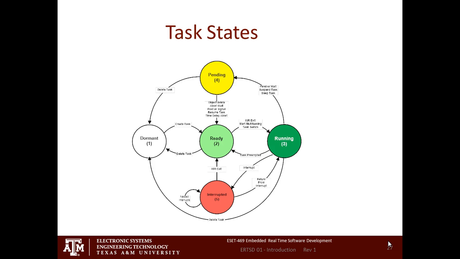Now that it's ready, all bets are off because I have no tasks that are in running state. So what's the kernel going to do? The kernel is going to go find out who is the highest priority ready task. And it's possible that that interrupt routine changed something that a higher priority task was waiting on, and now that higher priority task is the one that the kernel will restart and put into the ready mode. Does that make sense? Okay.